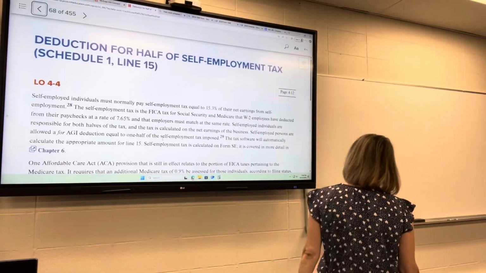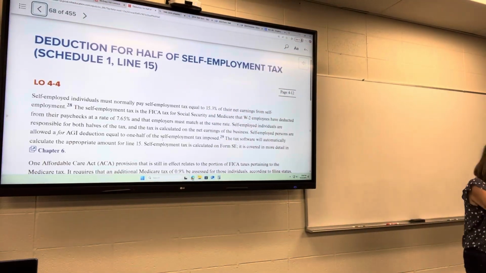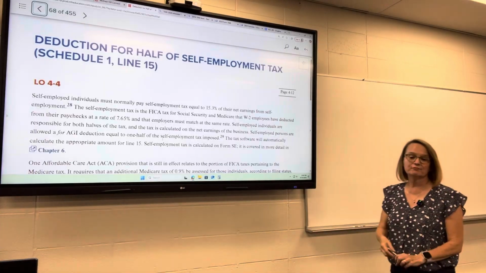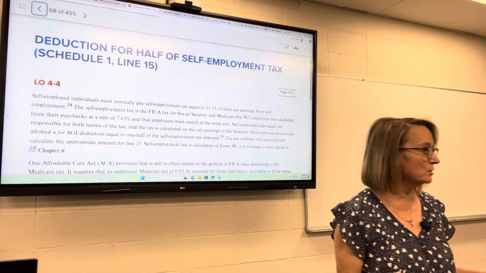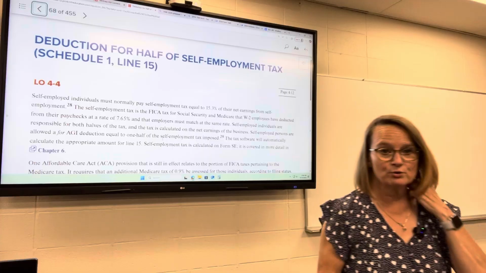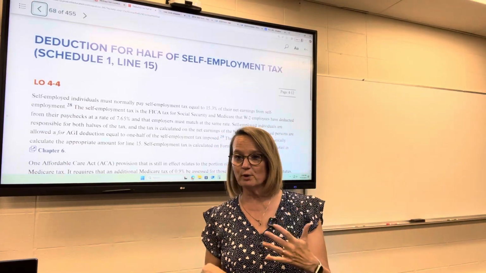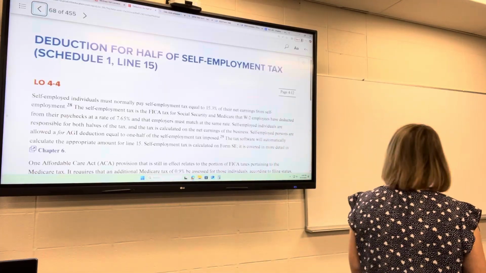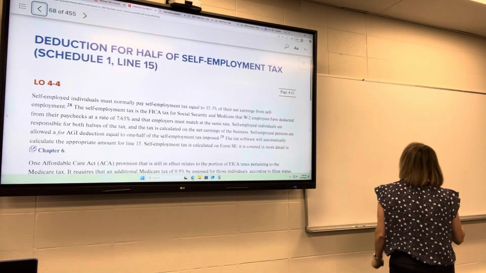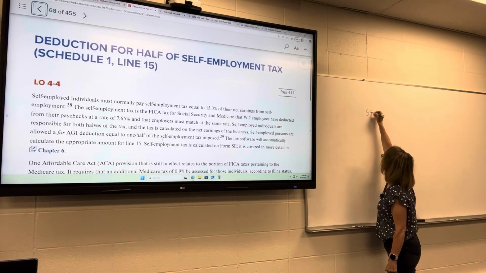Okay, so half of self-employment tax. We all remember that self-employed individuals have to pay both halves, both the employer and employee portion, of self-employment tax, and that includes Social Security and Medicare tax. So if you recall, Social Security is